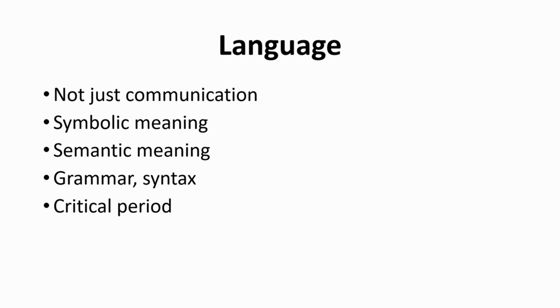There are also going to be factors that need to be included, things like symbolic meaning. If you look at the word language, there's nothing in the shape of that word, in the letters that make it up, that makes us think about language. It is a symbol that we have come to associate with the concept of language. Language should also have some kind of concept of semantics or meaning. There are rules for how we connect different symbols to what they mean or represent. Language also has grammar and syntax, both of which refer to rules in how we order all of the different components of